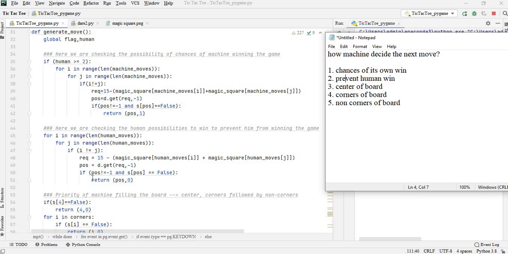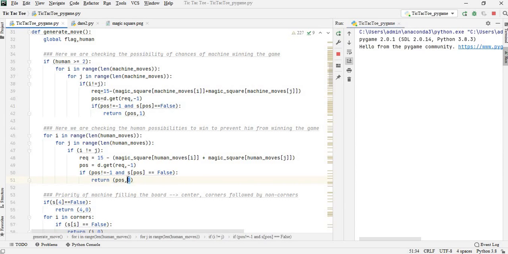And if it finds that position, it will return that position as the machine's position. When you check here, we are returning 0 and here we are returning 1, because whenever we are returning 1, the called function will understand that the machine has won the game and the game will be ended from there. Otherwise we will return 0 and the game will be continued till the end of the game.